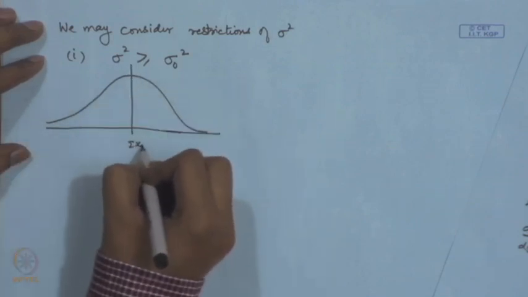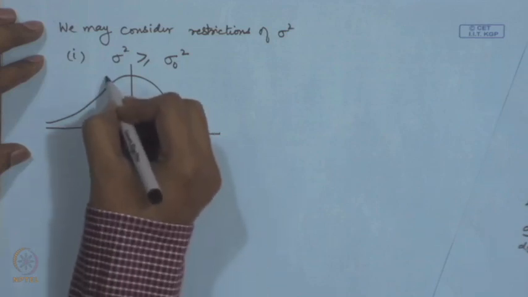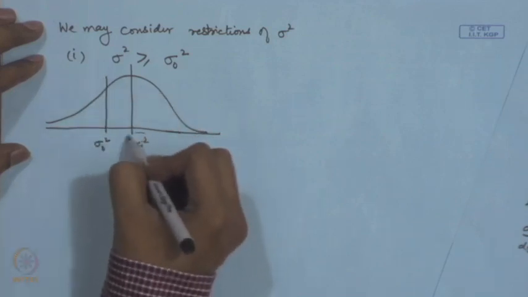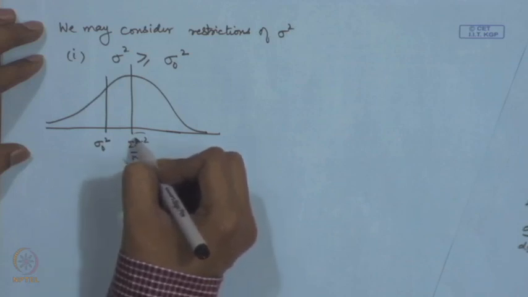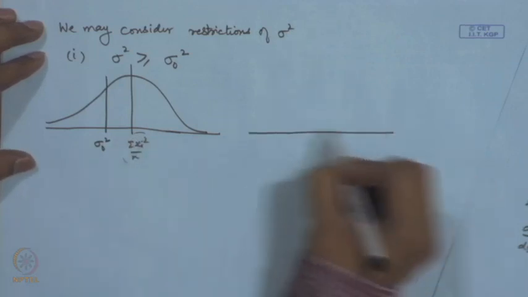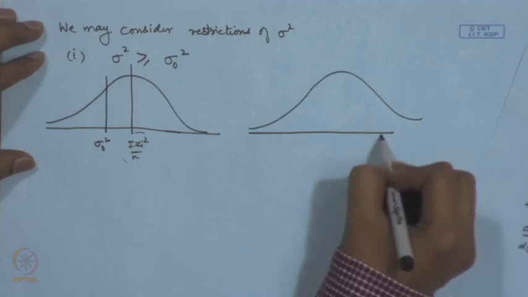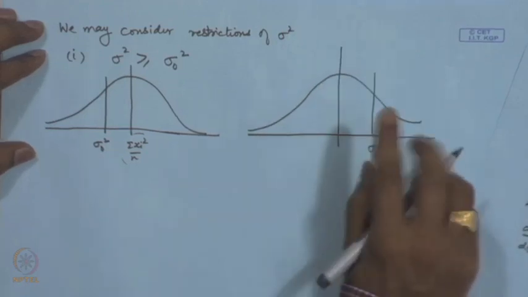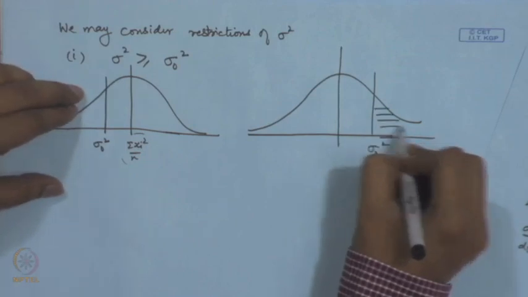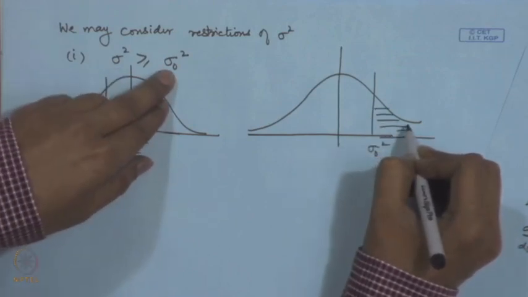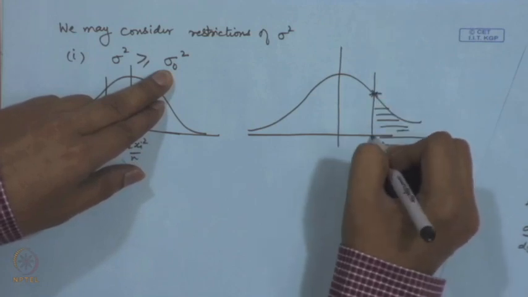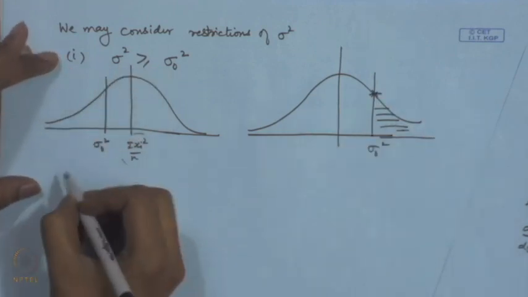This is sigma x i square by n, and it may happen that sigma naught square is here. In this case the maximum occurs at this point, whereas if sigma naught square occurs here, in that case our region of maximization is here, because sigma square is greater than or equal to sigma naught square. In that case the maximum will occur at sigma naught square. So, we conclude that